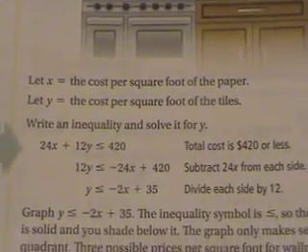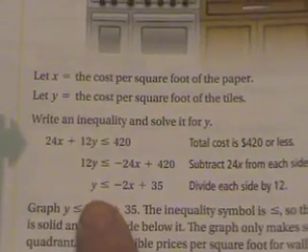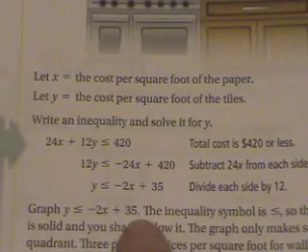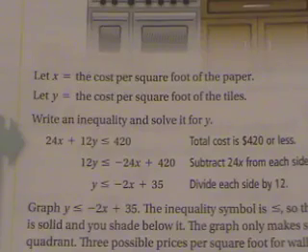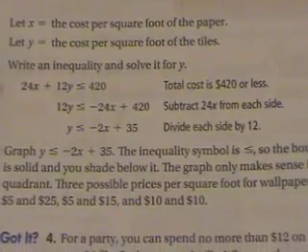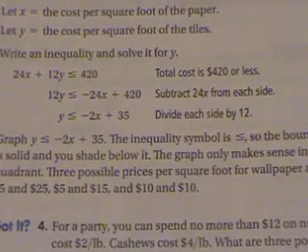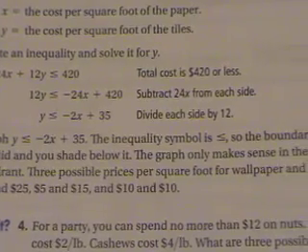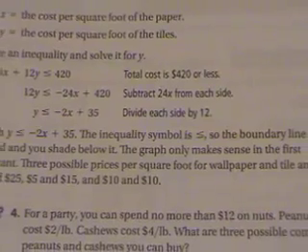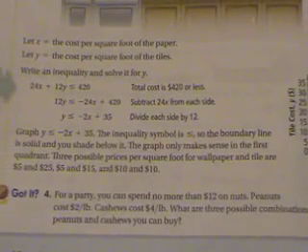So from there you simplify, solve it for y, because then it's easier to graph. You've got a y-intercept and you've got a slope. The inequality symbol is less than or equal to, so you know that the boundary line is solid. They pointed out up above on page 392